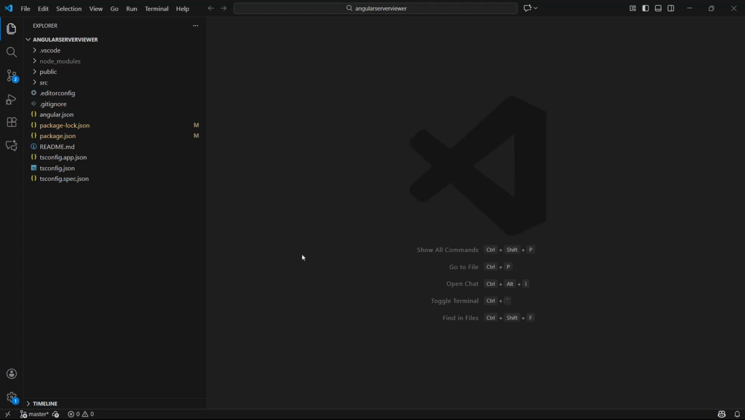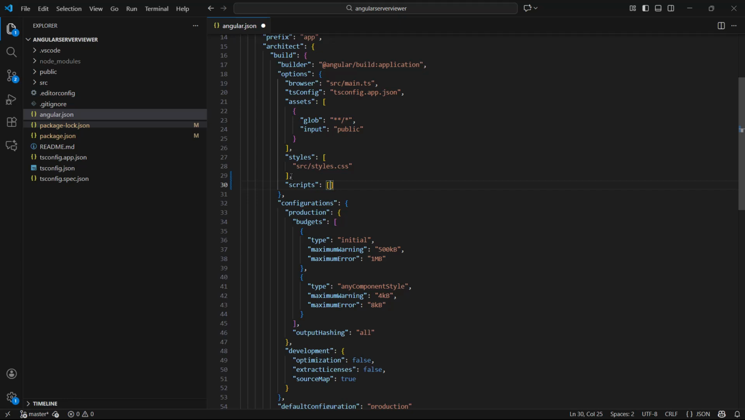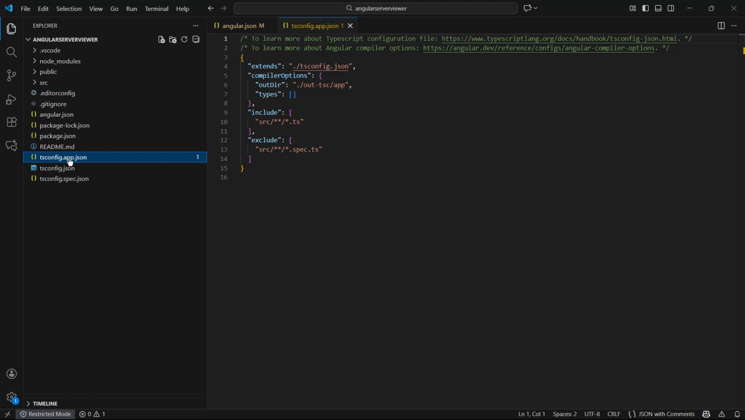I open the application in Visual Studio Code, which I am using for editing purposes. I configure the jQuery script file in the application by opening the angular.json file. I reference the jQuery script within the project name. Then I open the tsconfig.app.json file